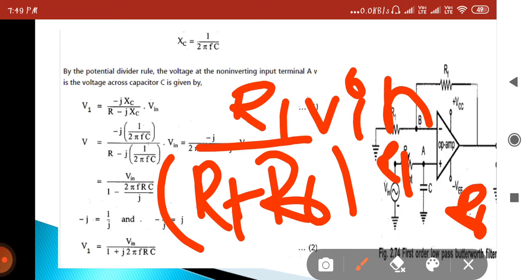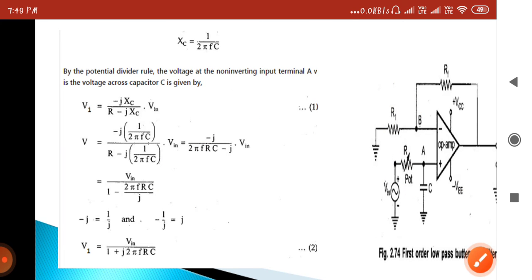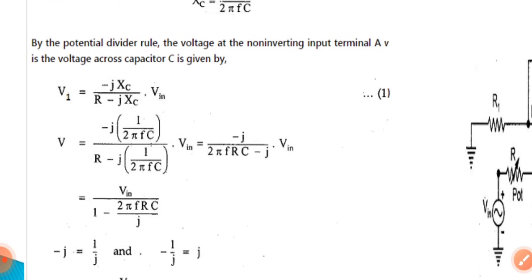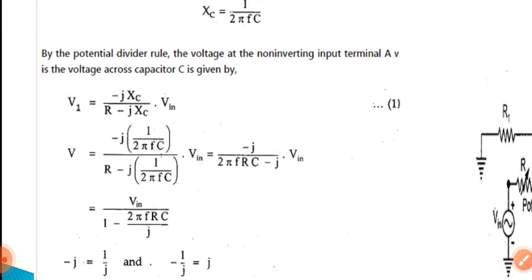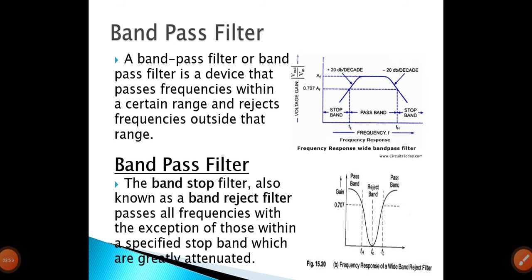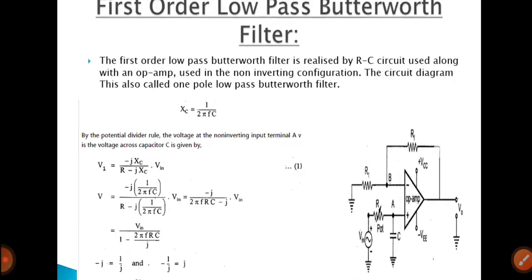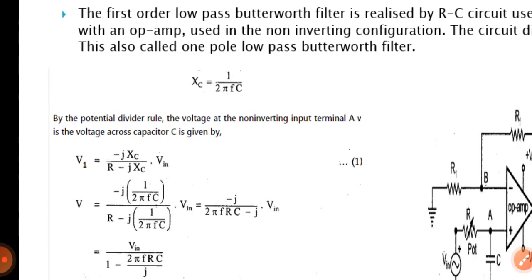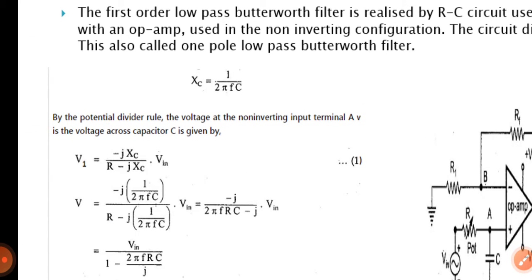Here I am going to take Xc, the capacitive reactance. j is a constant. What is j a constant of? Imaginary numbers. We use the imaginary number system for that.